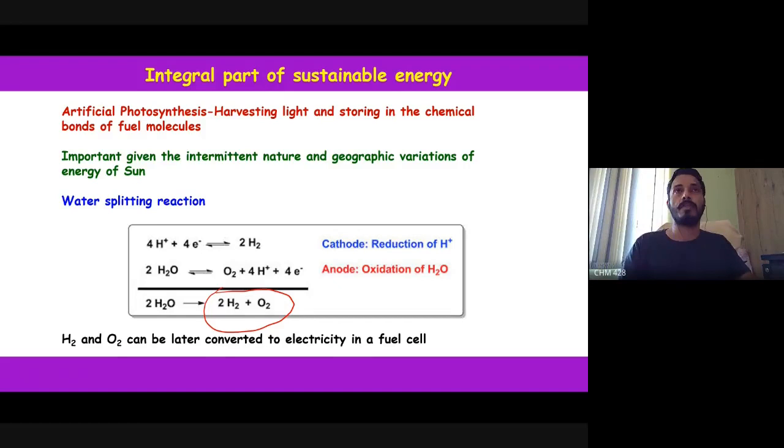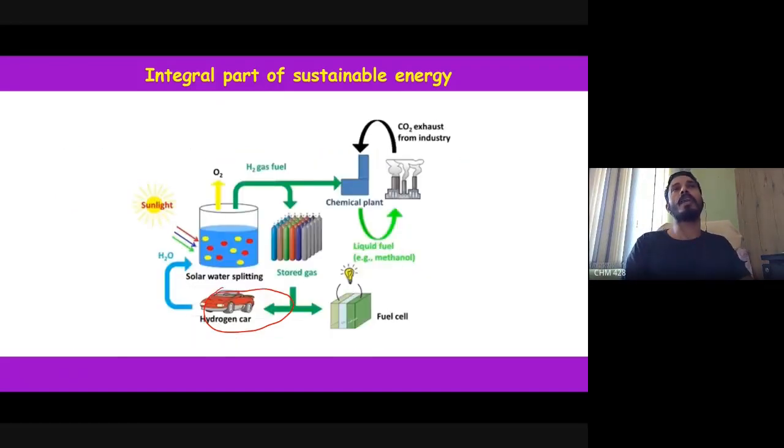By splitting water. Whenever sunlight is available, we capture it by using a solar cell, split water into hydrogen and oxygen, and store them in cylinders as shown here. Whenever the demand is high, the demand for electricity will be high in the night time, when sunlight is not available. So what do you do? You combine this hydrogen and oxygen in a fuel cell